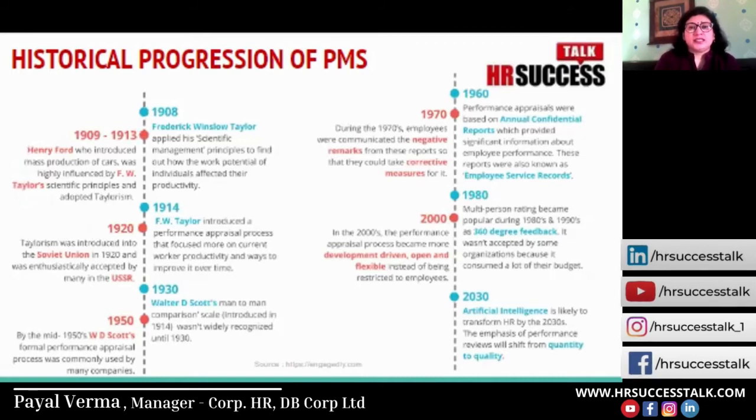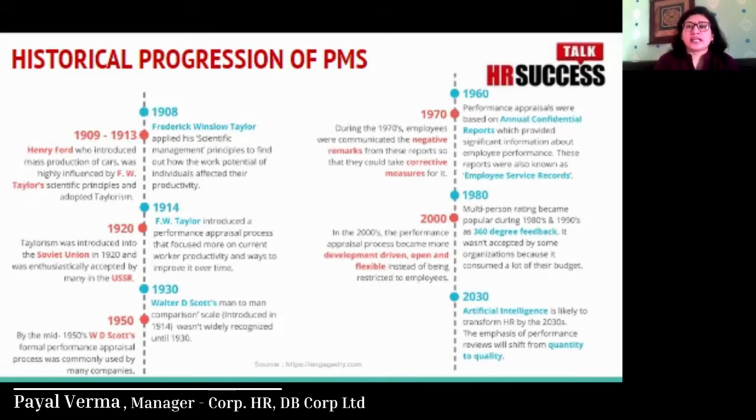In 1930, W.D. Scott's man-to-man rating scale was widely adopted. W.D. Scott was a psychologist, but he had an interest in applying methods of psychology to business problems. Scott's study of the psychology of business was the first comprehensive treatment of human behavior in the work situation in the United States. He early identified selection as essential for improvement of motivation and productivity,